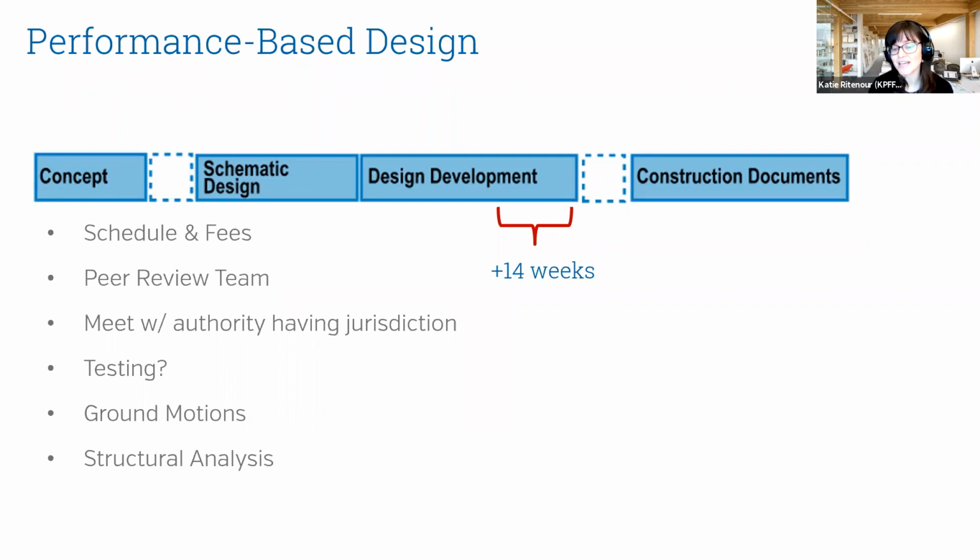About 6 to 8 weeks of that time is actually just spent building the model, because it's quite complex. There's a lot of information that needs to be put into it to be able to really leverage that. The one thing when we're getting close to that 4-week schedule, we need to meet with the team and talk about, because it's really important that there's no changes that happen to the lateral system after